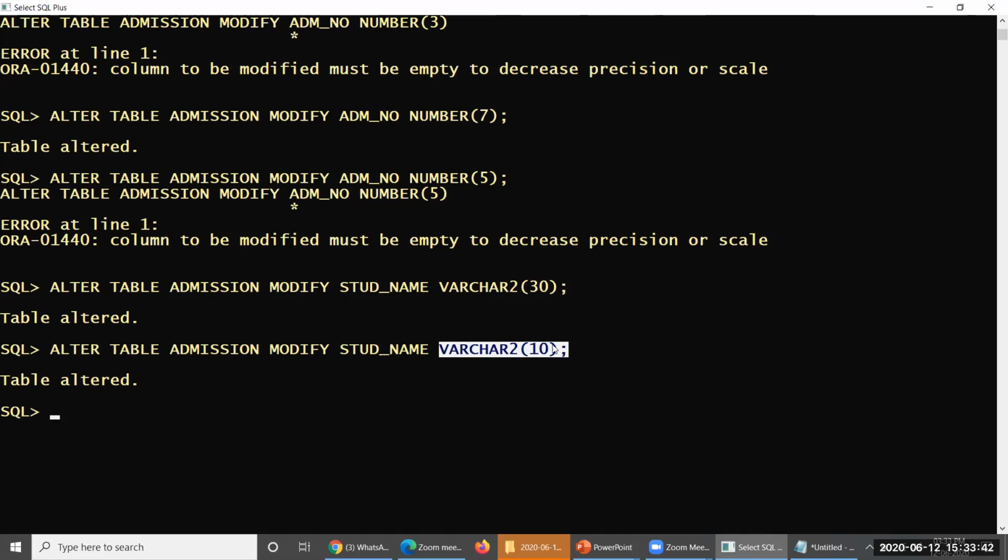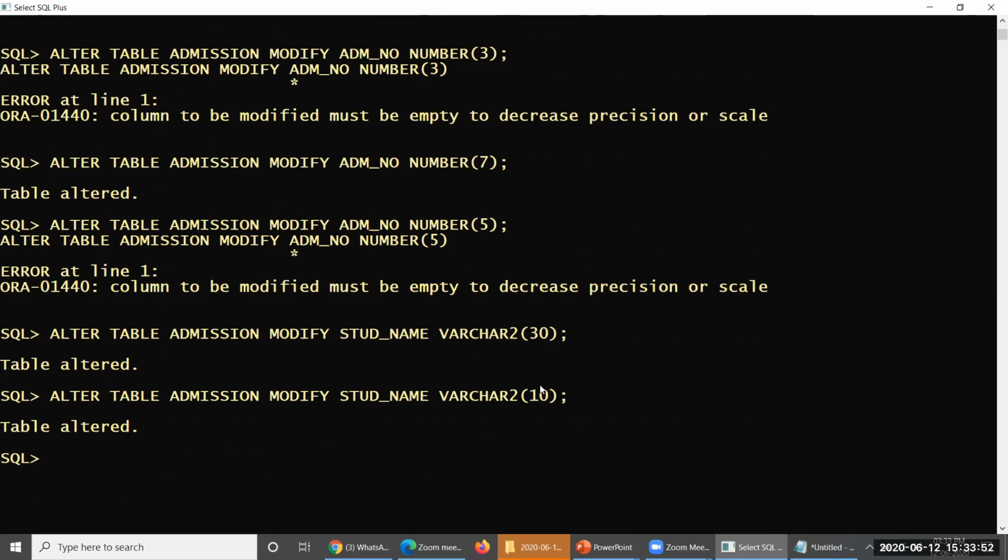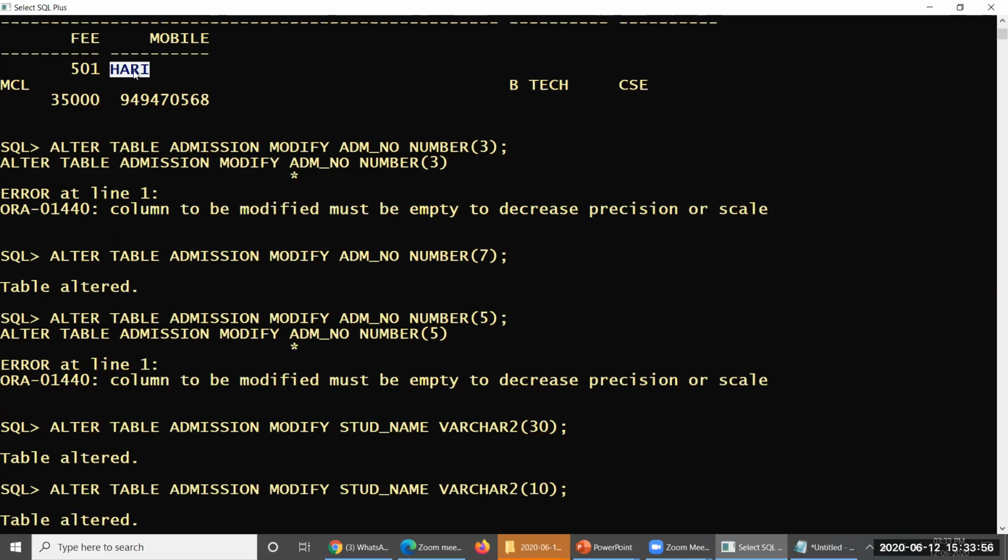Provided, remember, there is one restriction here. Look at this. How many characters are here? Only 4. If you want to reduce from 30 to 10, yes, it will fit into 10 characters. There is no problem, because only one particular row is available.